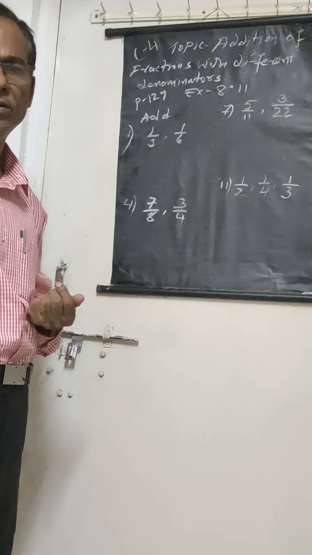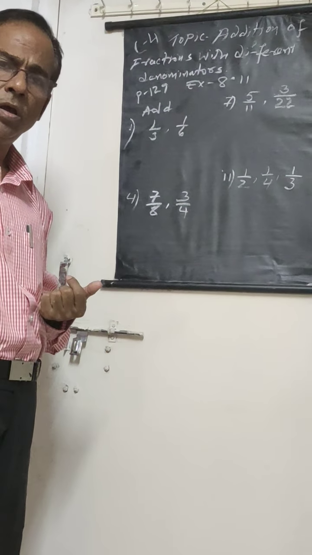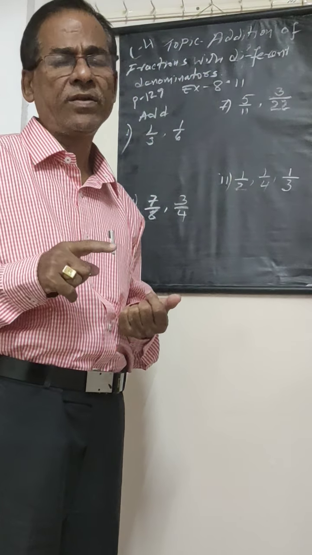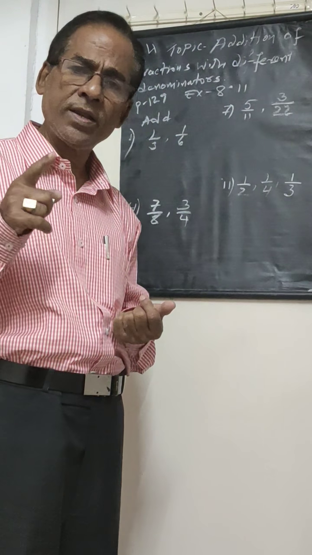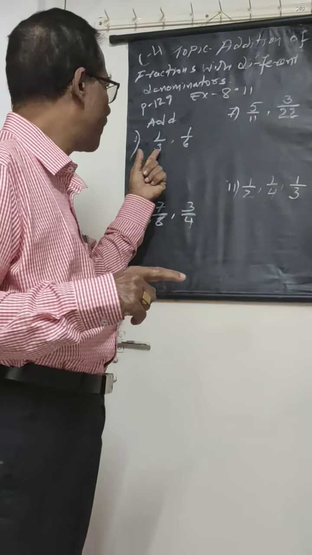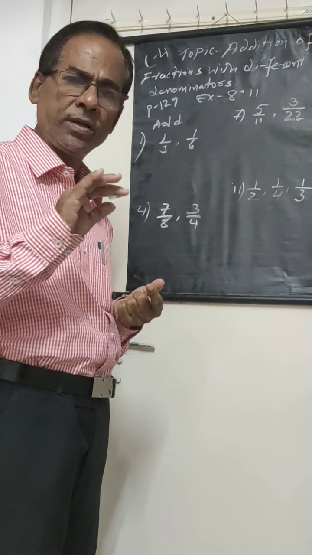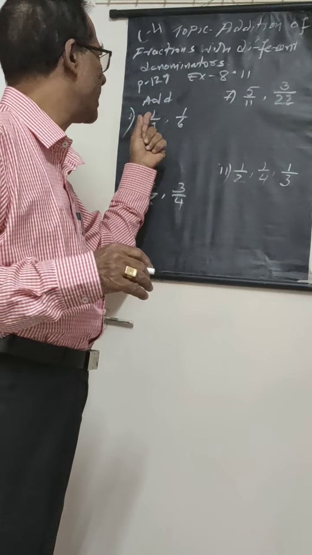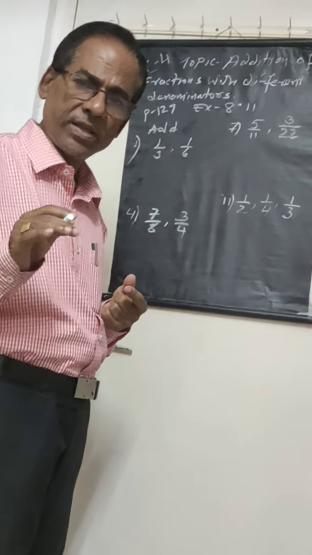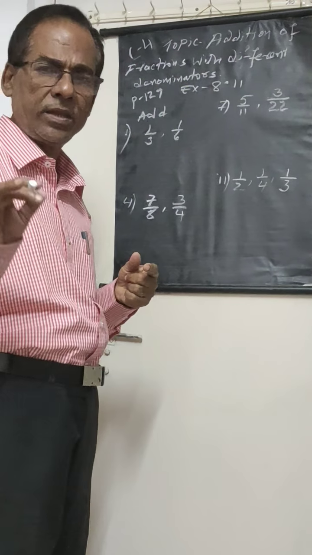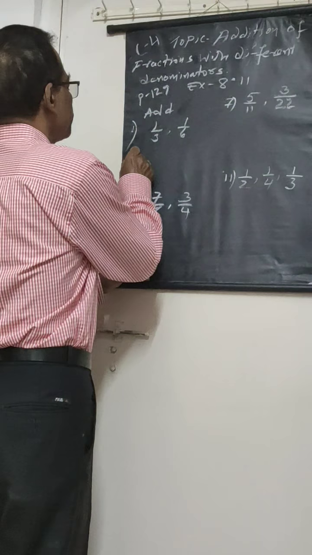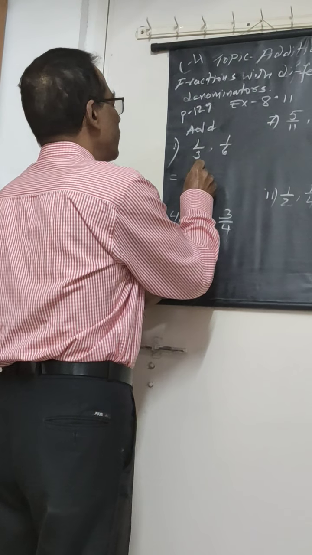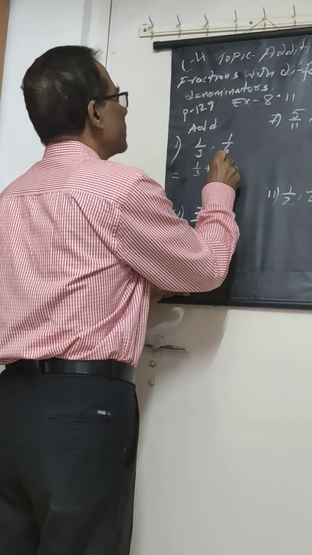We have to add. So now what you have done, you have added or subtracted the like fractions, means the denominators were the same, but now they are different. If the denominators are the same, then no problem, you directly take the 6 or 3 as the LCM and add as it is. But if the denominators are different, then you have to go like this. See how. First of all, you remove the comma sign and put the plus sign because it is addition.